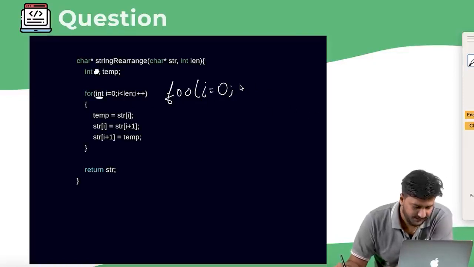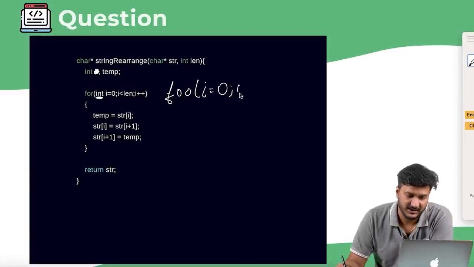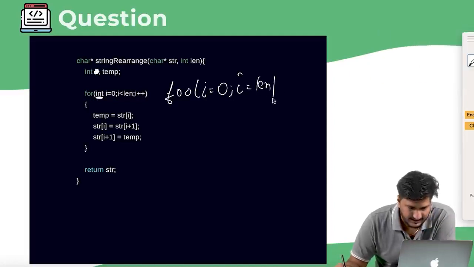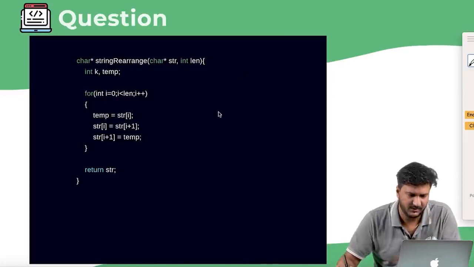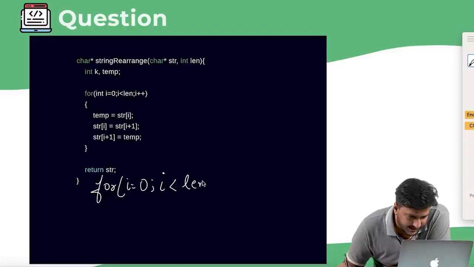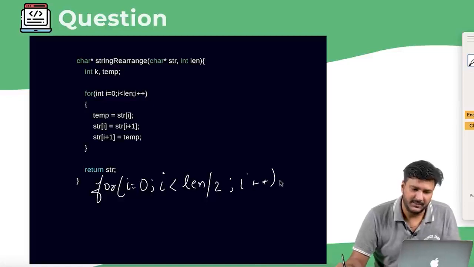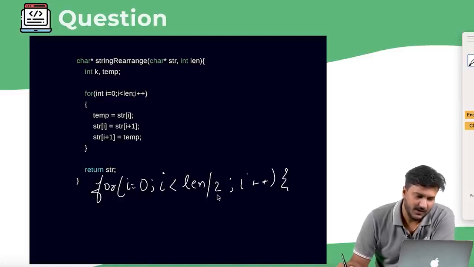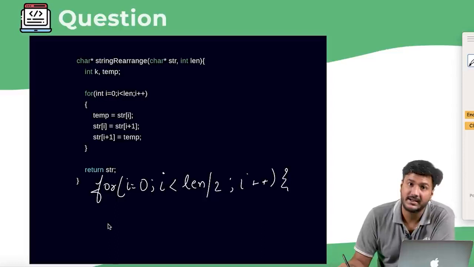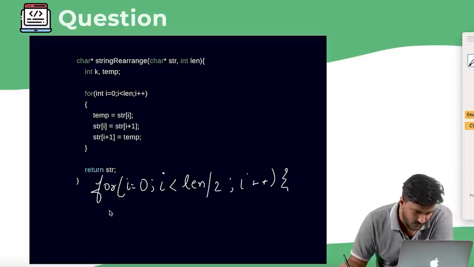And then, that's a very basic program, so I'm not applying brain. This is something that all programmers know: i is less than len divided by 2. In fact, let me write a little more clearly. For i is equal to 0, and this will run till i is less than len divided by 2, and then i plus plus will be happening here, right? Now further, in this case I would be swapping, right? So how would I be swapping? I would say temp